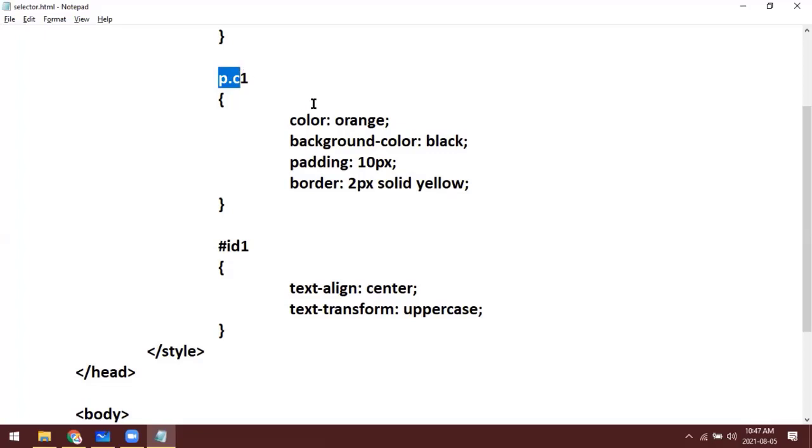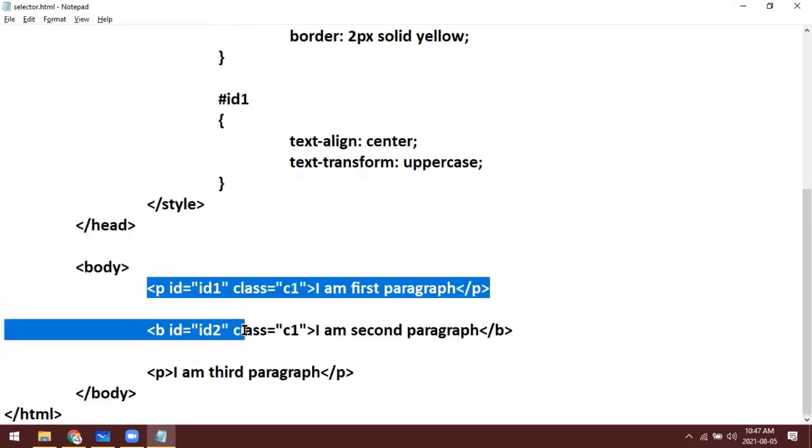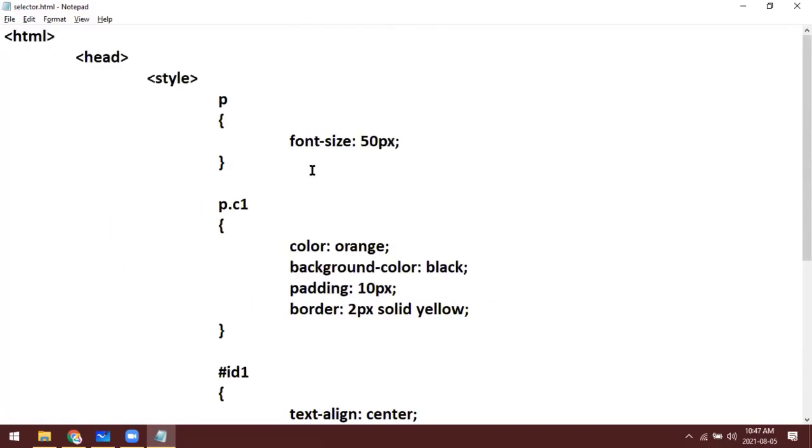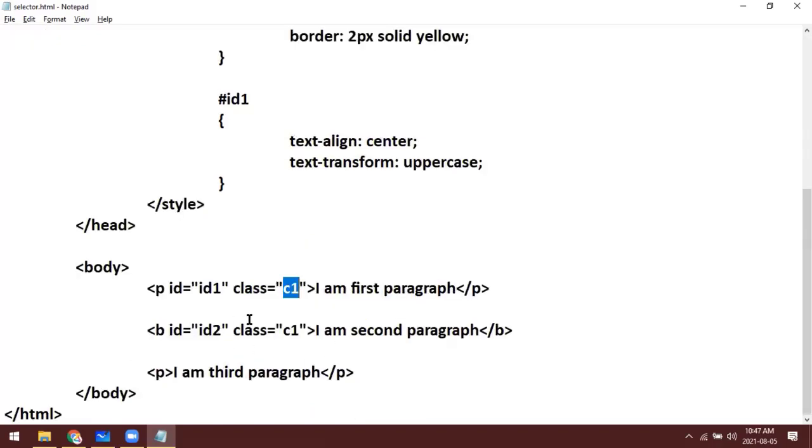Only if a paragraph tag has the class name C1 will it take this style, not any C1 class, only the C1 from a paragraph tag.